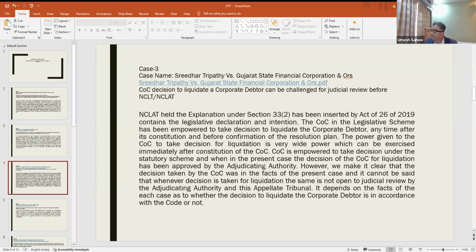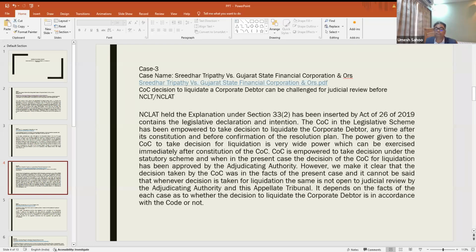Sir, this is the thing going on in the case of liquidation. So I approached at that time under 33(1). Sir, every time we face any problem, we just approach the authority, and the authority will help us. So in this case, NCLAT held that 33(2), which has been inserted by the Act, contains the legislative declaration and intention. Under the legislative scheme, the COC is empowered to take the decision to liquidate the corporate debtor anytime after its constitution and before confirmation